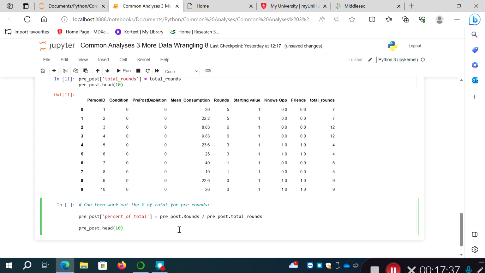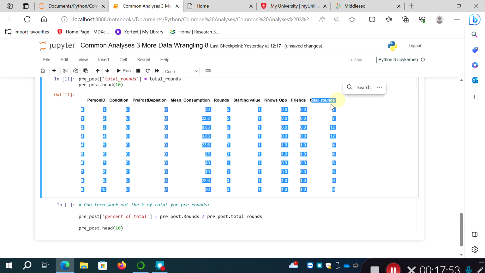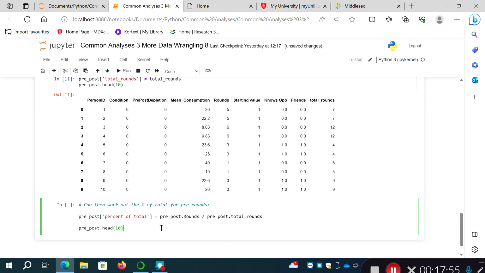We're going to take this variable rounds here and each score in it, and divide it by our total rounds. Okay, and if I run that,